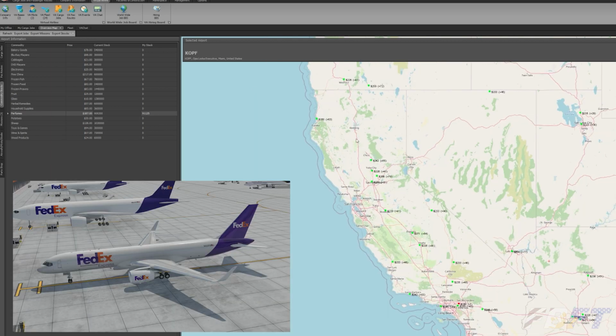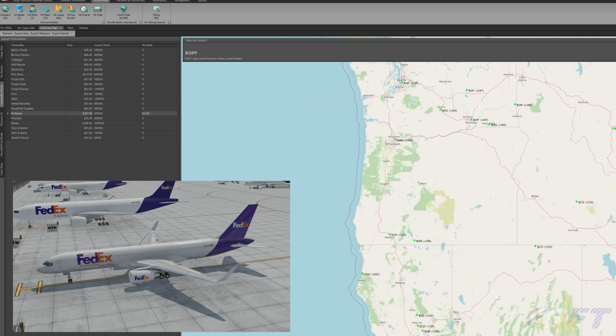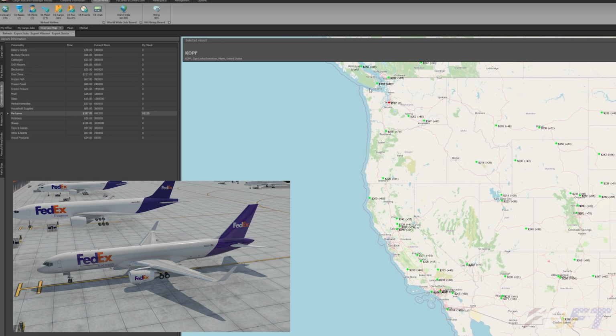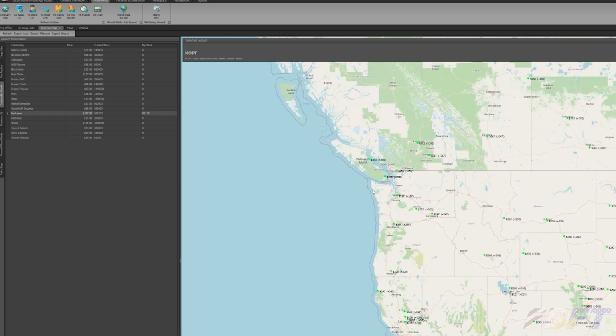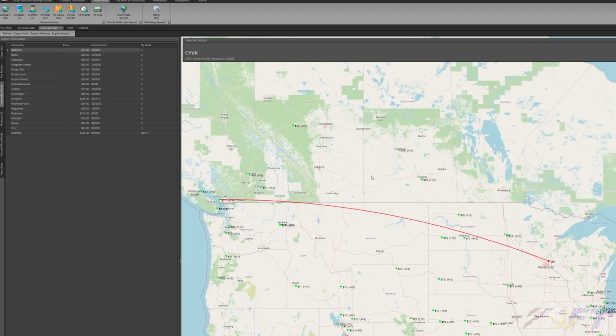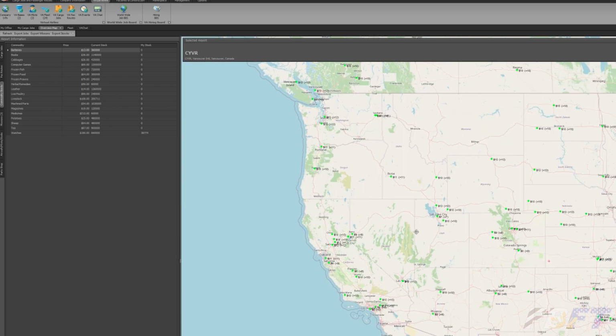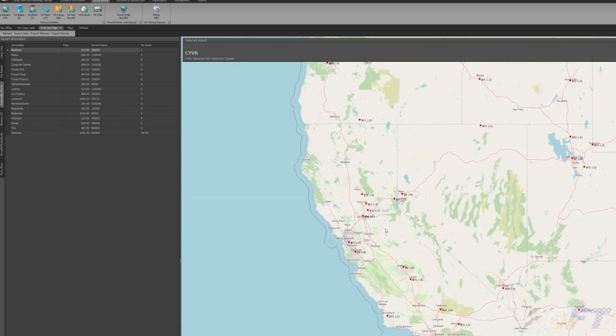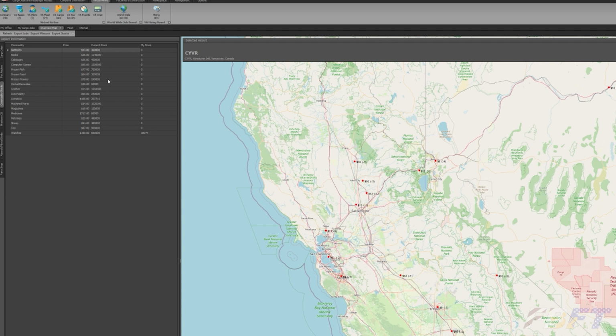We don't want that. That's showing the price difference relative to Opa-locka. Since the aircraft is up in Vancouver, we need to go up there, click Vancouver. That way we're showing the commodity values at Vancouver, and again, go back down to Sacramento so that we're looking at the right thing. Here we are. We've got Vancouver selected, and we're going to go back down to Sacramento, verify that amount, and just load stuff